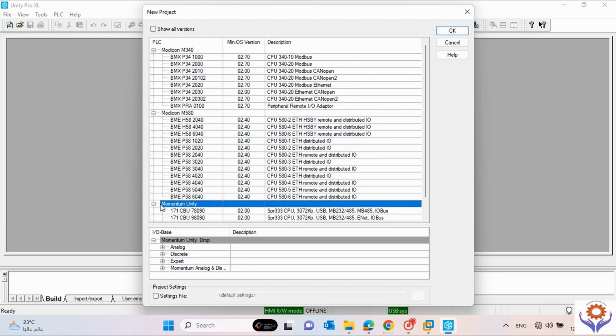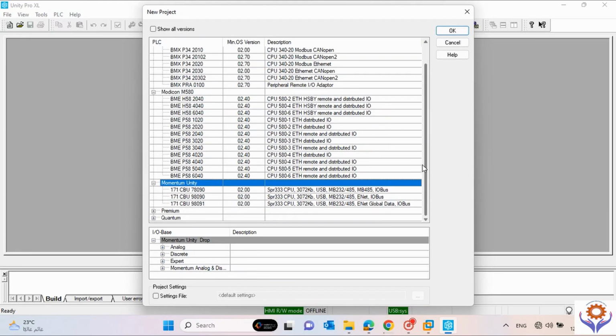Momentum we used maybe 15 years ago, and now it's almost obsolete, but they still have some I/O cards. It is used for, as I told you before, the X80 series also. And here you have three different modules. 171 CBU is a model for Momentum PLCs. And if you go to Premium,